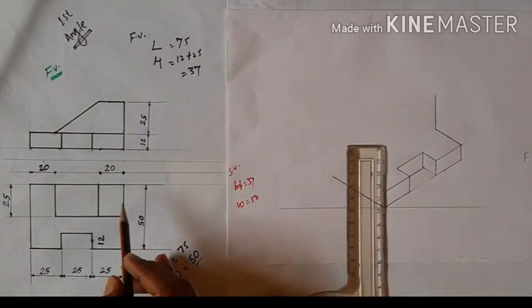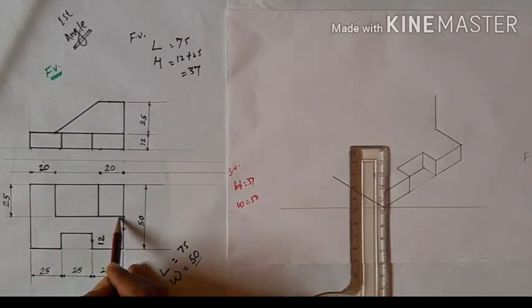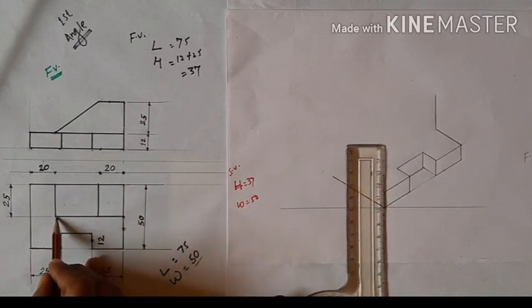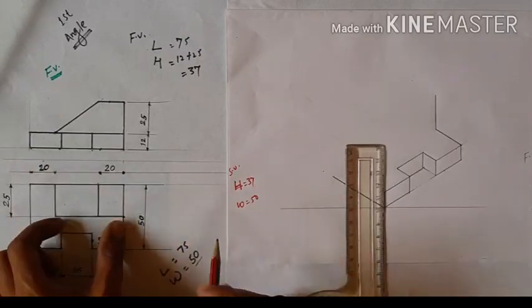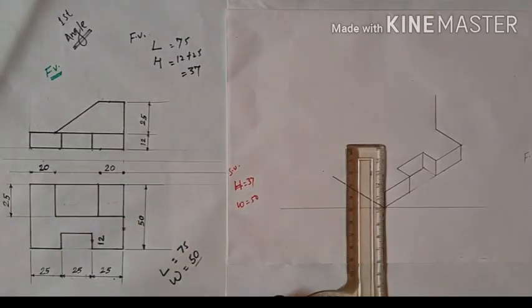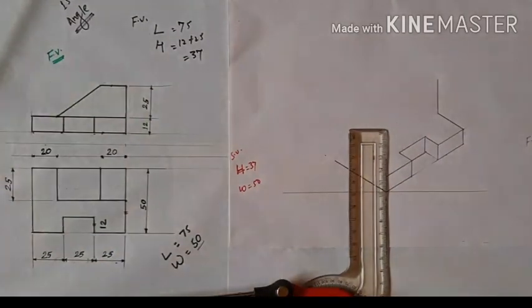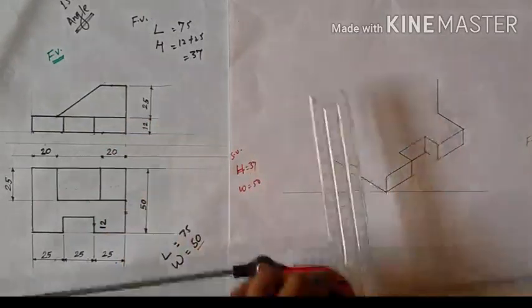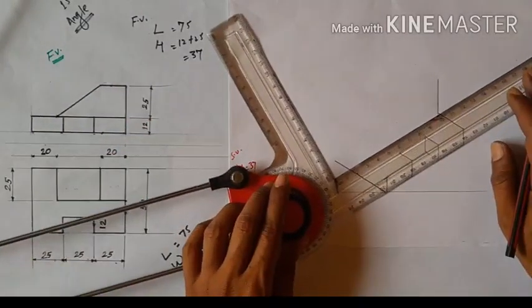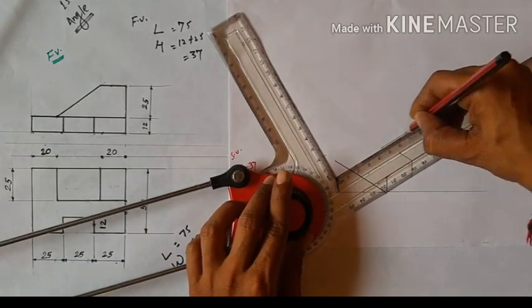Now from the top we do not see the height, but we have this line. We see this line and there are two objects. So what about this line? This total is 75 mm and this is your 25 mm, so the remaining is 55 mm. Now draw 55 mm from here, parallel to the length, because this is parallel to length. So from here we draw 55 mm like this.